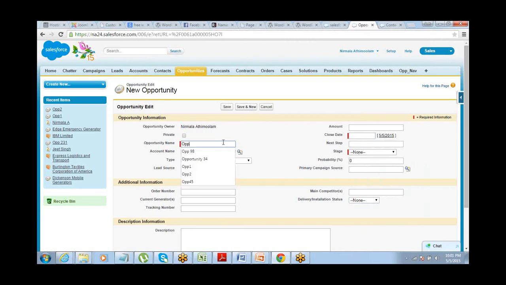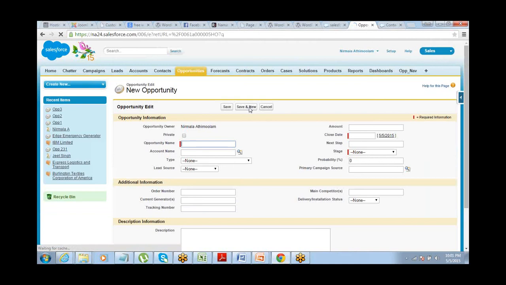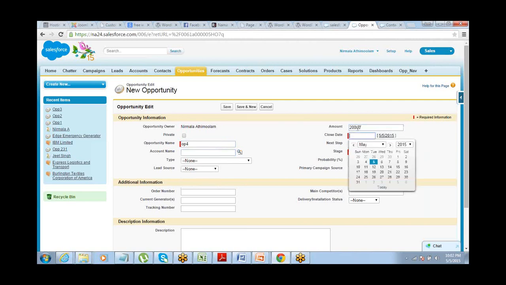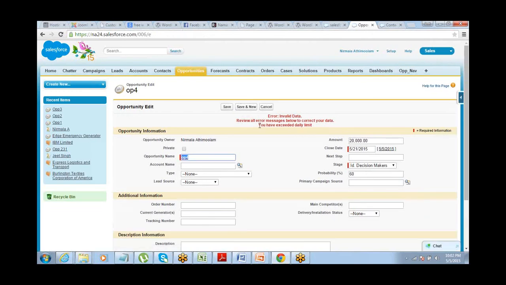I create a third one with, let's say, 35,000. Created. So 3 records I've created: 20 plus 30 is 50, plus 35, 85,000. So if I create another one with 20,000, it should ideally throw an error because I have already created opportunities worth 85,000. Yes, you have exceeded your daily limit.